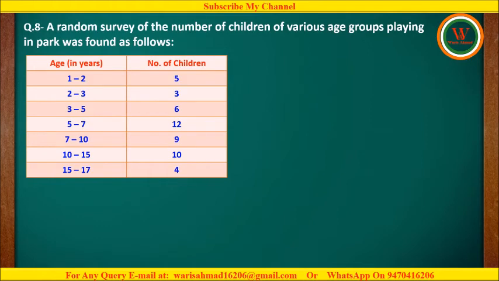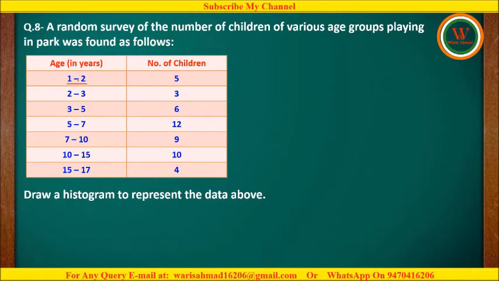Now let us see the next line of the question. Draw a histogram to represent the data above. So this time again we are going to draw the histogram. But here we can observe that the range of each class is not even. Not even means the range of this class is not equal. Let us see how to find the range of the class. If we subtract the lower limit from the upper limit, then we will get the range of the class. Range is also termed as the size of the class.